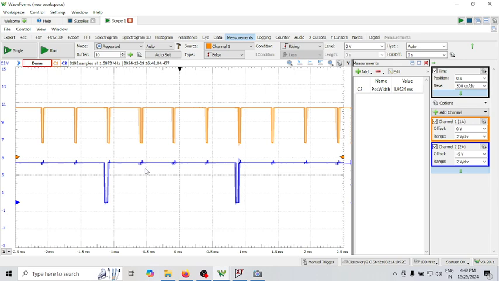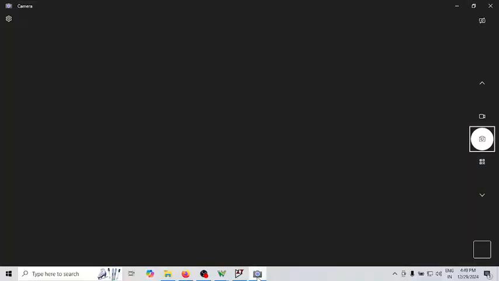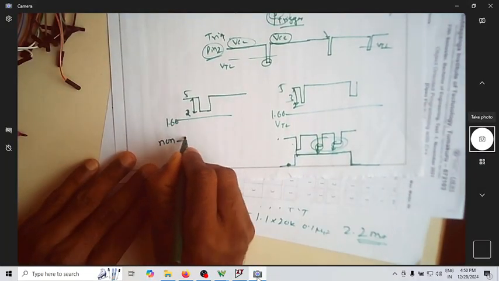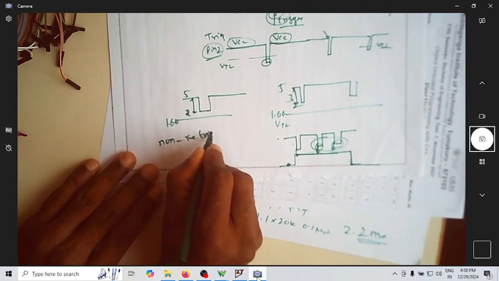The output is now in the quasi-stable state, so the output is in the high state. Whenever the output is in the high state, it will not trigger again, meaning this type of monostable multivibrator is called non-retriggerable